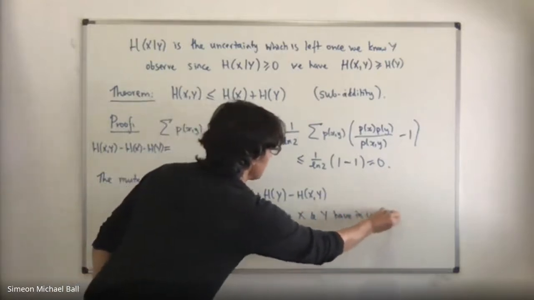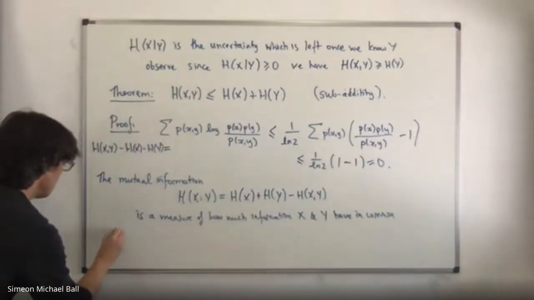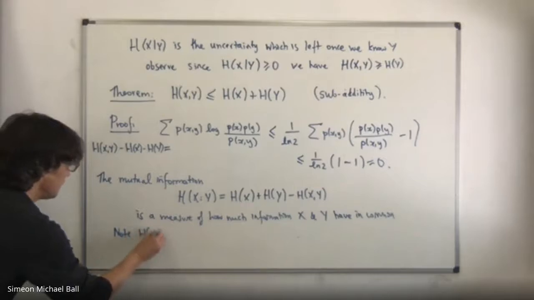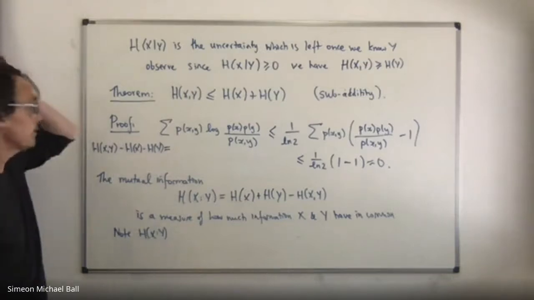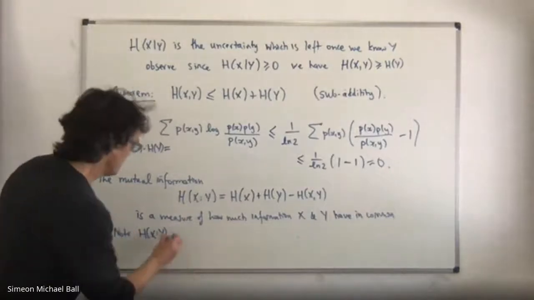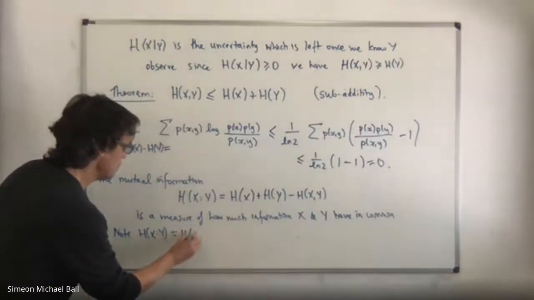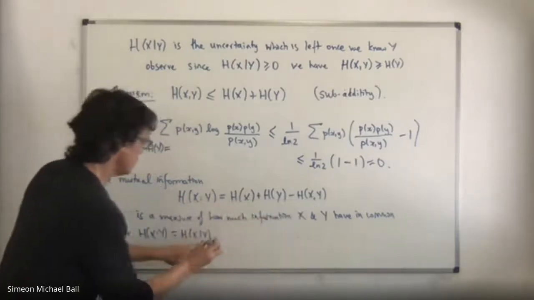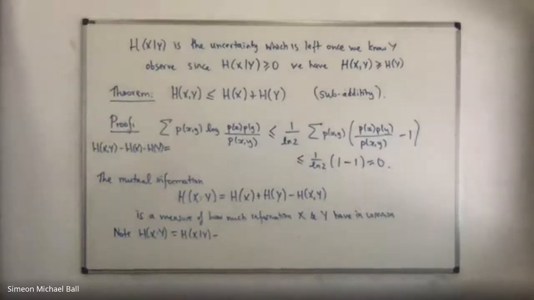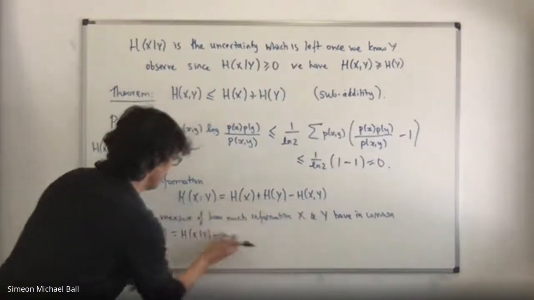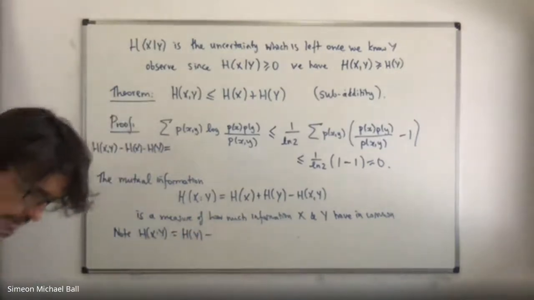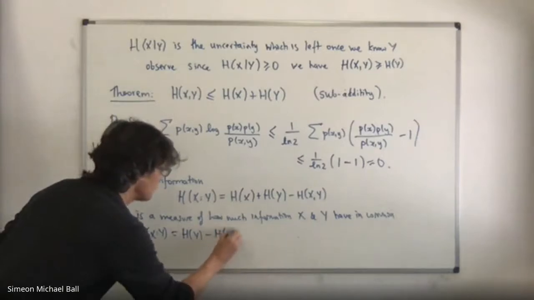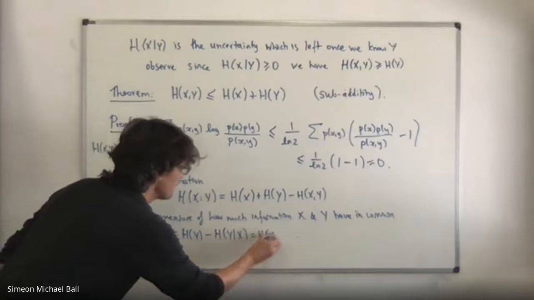And to see this, you can note the following: the mutual information, if we now substitute in what we had before, which was that this was basically h of x conditioned on y, sorry, h of x conditioned on y, so h of y minus, which is just